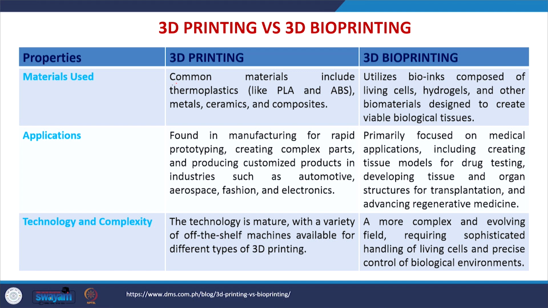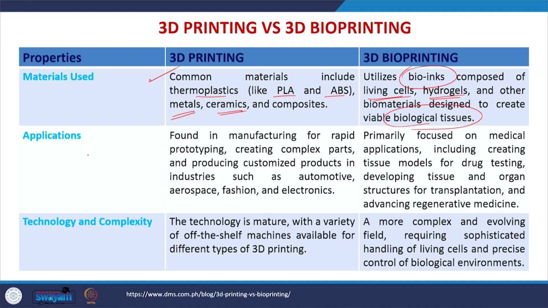In the 3D printing, the materials commonly used are mainly the thermoplastics like PLA and ABS, and we can also use the metal 3D printer to print metal scaffolds which can be useful for hip or joint replacement, and ceramic printers for printing ceramic structures for bone repair and replacement. And if you see the 3D bioprinting, as I told earlier, we will be using these bio inks which are composed of living cells, hydrogels and other biomaterials to create the biological structure which mimics your original tissue or organ.